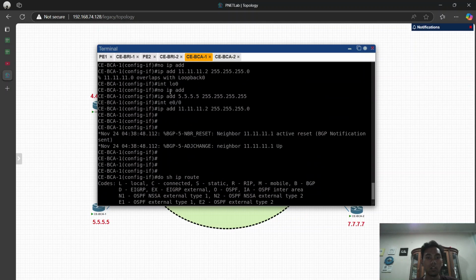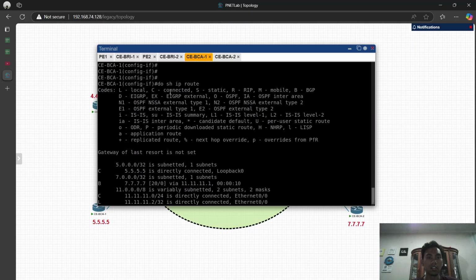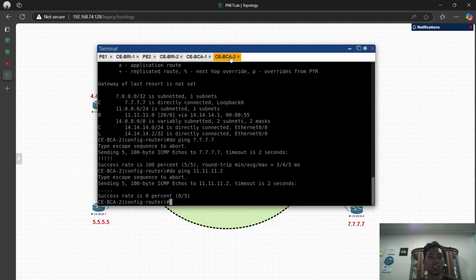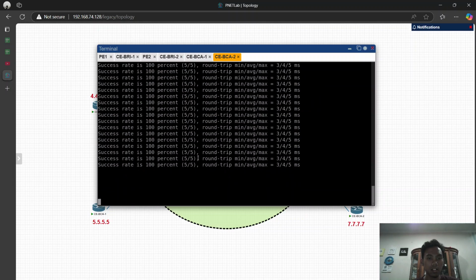So now if I check the configuration, there is the route to the IP 7.7.7.7, which is the CABCA1, and before this I think this 7.7.7.7 is routing BCA1.